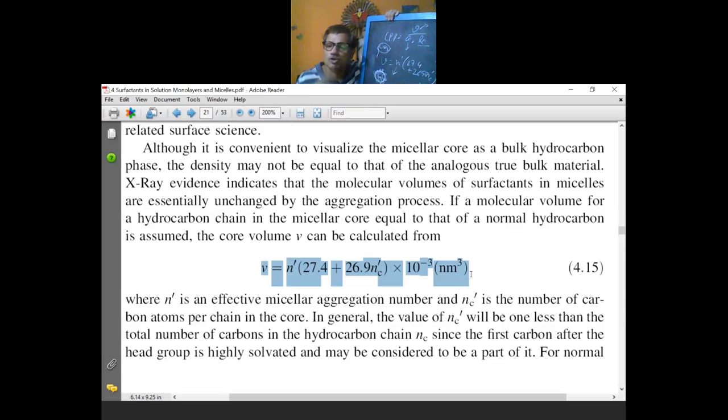So if a surfactant has two hydrocarbon chains, I can determine it from here. Clear? Now how to determine this 27.4? This 27.4 is due to the terminal methyl group. And what is there in between if I consider a surfactant? If I say C16 hexadecyl trimethyl ammonium bromide, that means CH3, then methylene groups. How many carbons in total? 16. I took one and wrote 14 here, I will tell you why. Then there is one more CH2.